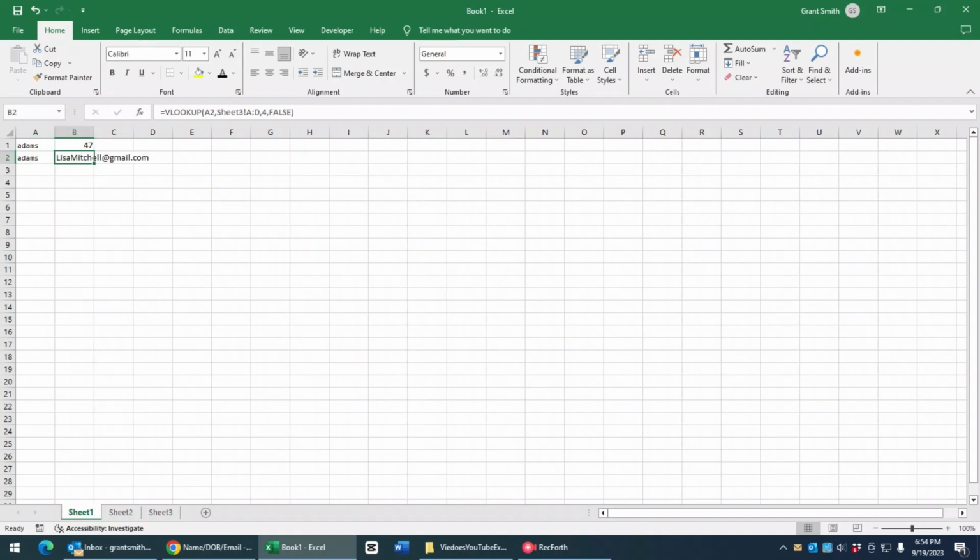So that has imported or brought in the value from column D of sheet 3. So the 4th column, it has brought in that data and inserted